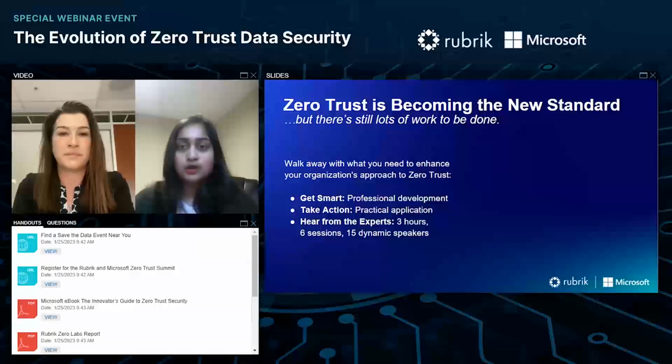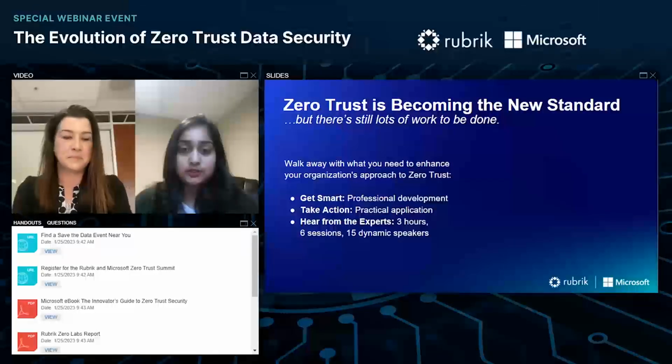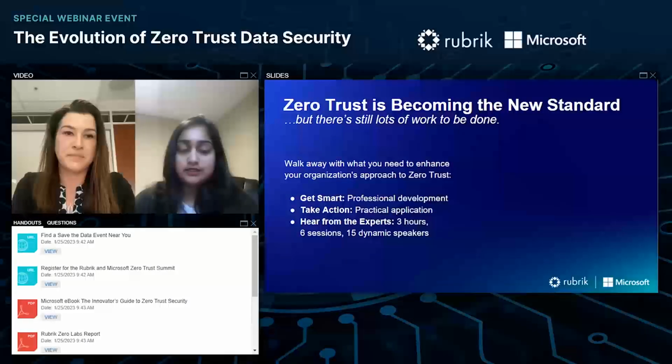And so in response to these challenges, the concept of zero trust was developed in 2010 by John Kindervag. It's rooted in the principle of never trust, always verify. And it is designed to protect modern environments by using strong authentication methods and least access policies. And so the principles of zero trust are very much relevant today because it addresses the current security challenges, which is why we're seeing more and more companies embrace the zero trust principles.